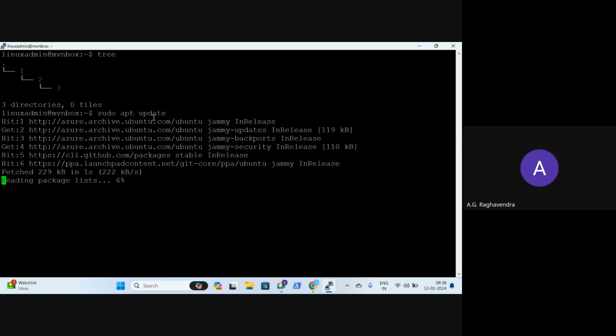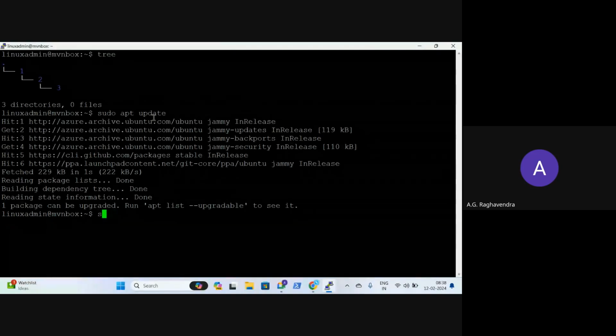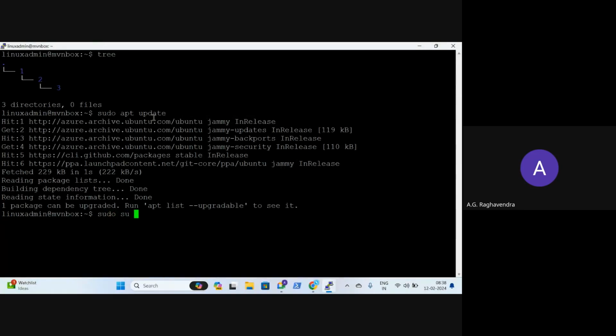And if you want to avoid running sudo, then you have to become a root user. sudo su - will automatically switch you to the root user. Now, can you see you have become a root user? How do you know? You can see you connected as root.